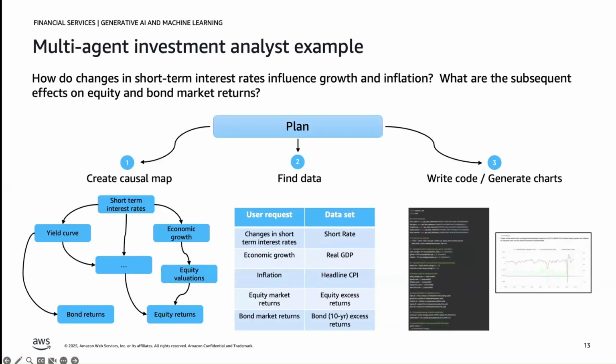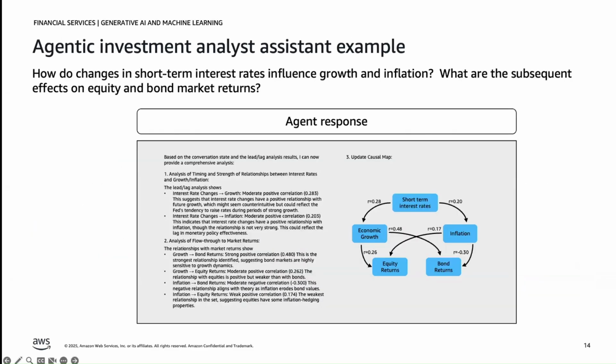And so, yeah, thanks. Here we're showing an example of the output that you get from the agent. If you pause a little bit and look at the answer on the left-hand side, it's a highly accurate and thorough answer, recognizing that the question is bidimensional in nature. We're asking about the impact on growth and inflation, but also the impact on capital markets. So you see the answer being broken down into two sections, each addressing a different dimension.